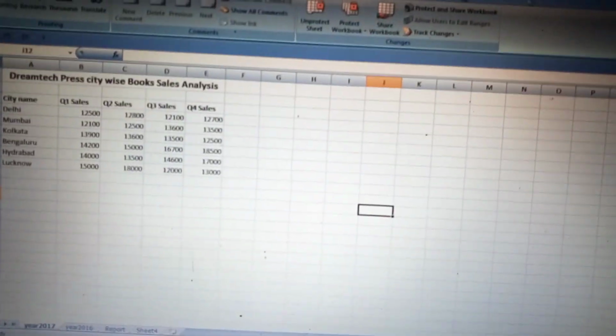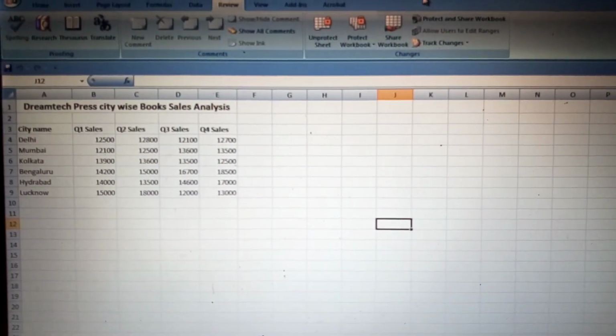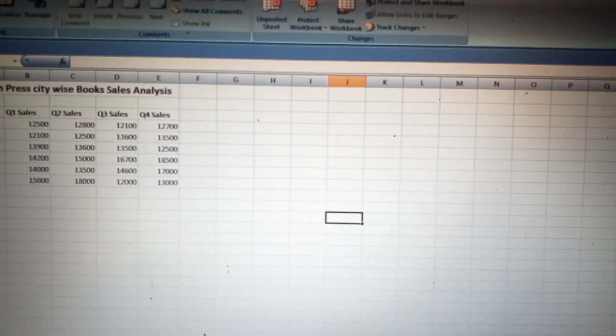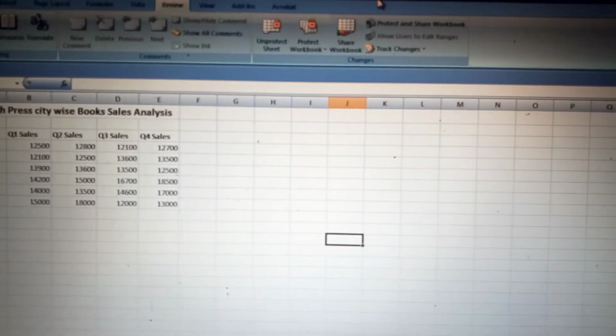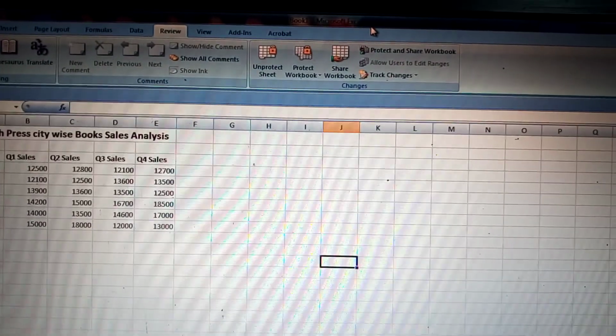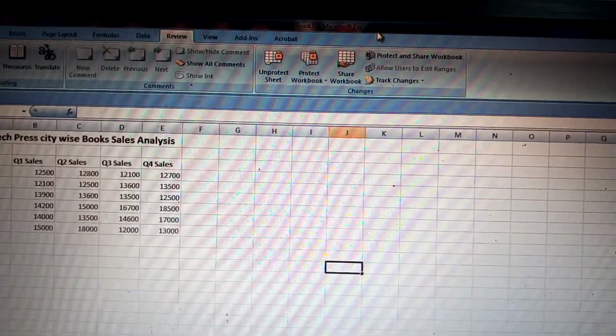Okay, now in Microsoft Excel, fonts determine the appearance of the individual characters in your worksheet. Microsoft Excel contains several fonts that we can use to present our data.